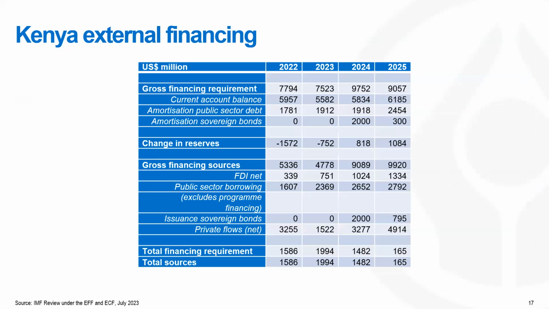But just to illustrate the point, this is from the IMF's recent mid-year review under the EFF and ECF facility extended to Kenya, and one can see that these are just projections. Of course, these are numbers and they can change. They're based on a number of assumptions, but I think it gives a reasonable idea as to what the real problem is. So if we look at the gross financing requirement, the top line, you can see it's made